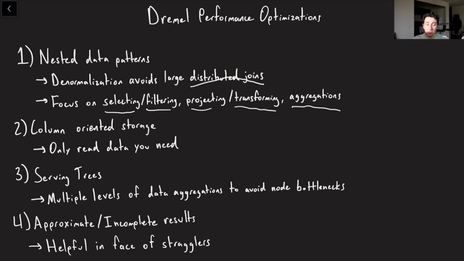And so what is going to really help us to do all of that is using column-oriented storage, because Dremel is going to be operating on really massive data sets, and a lot of the times you only need a subset of that. So in the case of column-oriented storage, if we have this table with hundreds of fields where a lot of those fields are sparse, rather than trying to read all of those, we can actually just read the columns that we need.